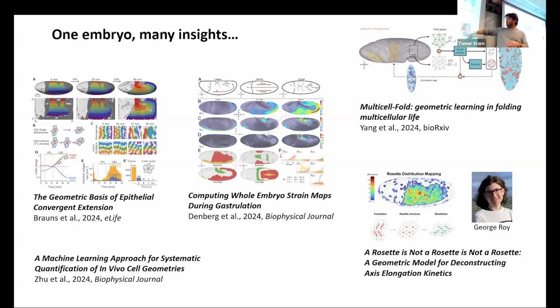Also, our own George is currently working on developing a model that shows the differences in the contribution of different rosette sizes. So with each one of these, we realize two things. First of all, there is really an urgent need. I mean, the community is ready to analyze this data. People know what they want to do with that. And so we need to somehow make this algorithm more accessible. But the second thing is that